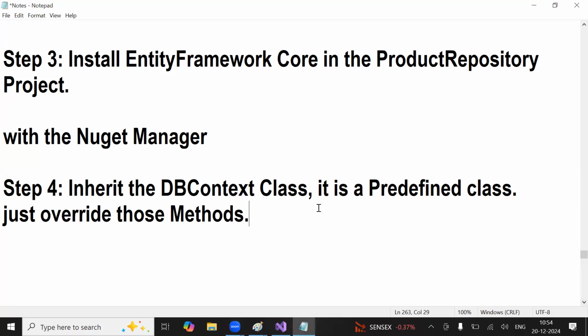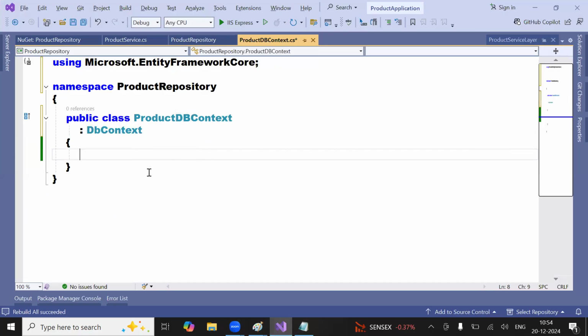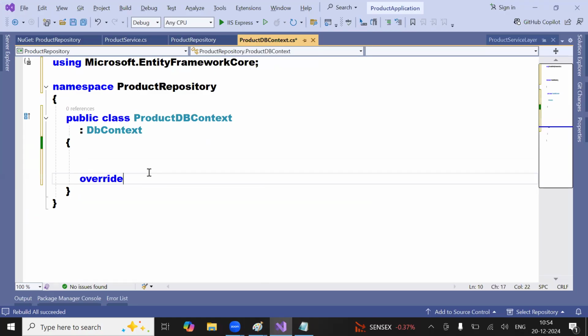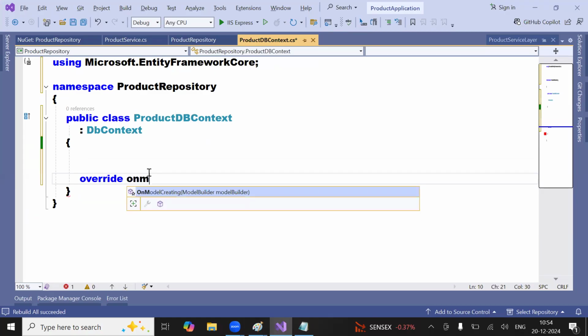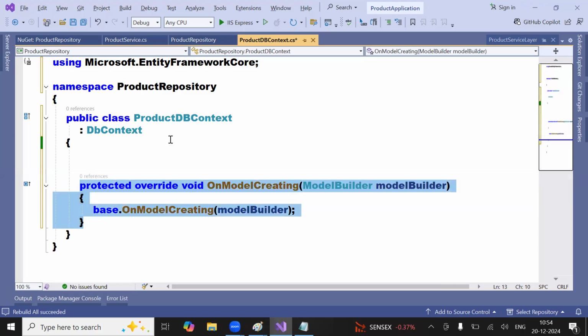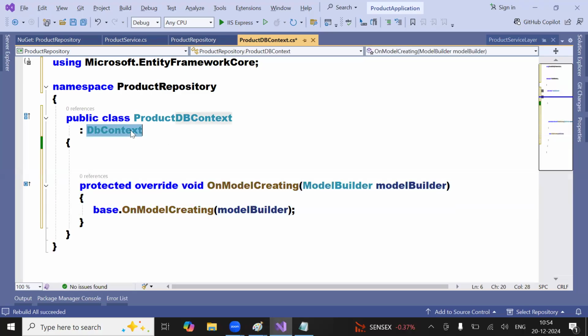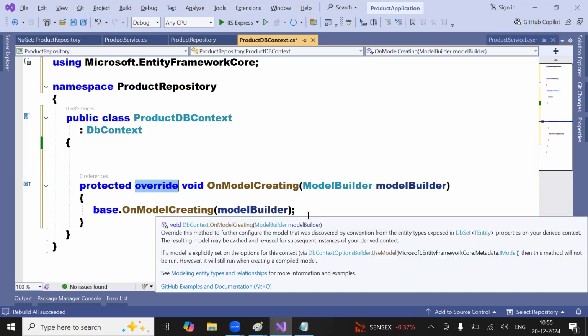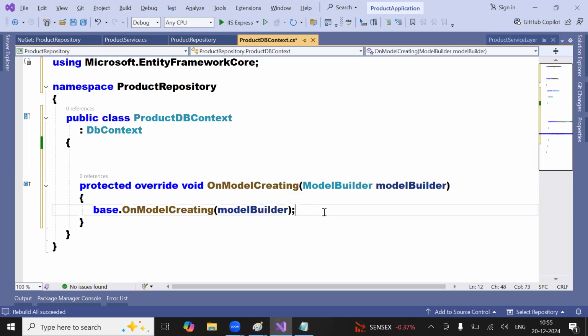Yes. Okay. Now, here, I'm going to create a constructor. Before that, I'm going to override a virtual method, OnModelCreating. This method will be available in this DB context as an abstract class, so I'm using a virtual method or abstract. So I'm going to override this method. Once you've done that, in the model builder,